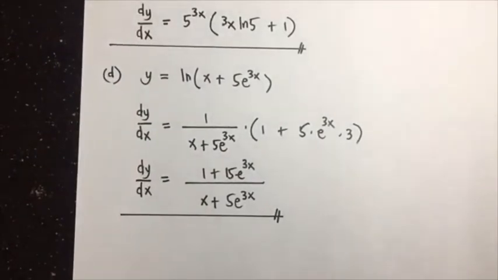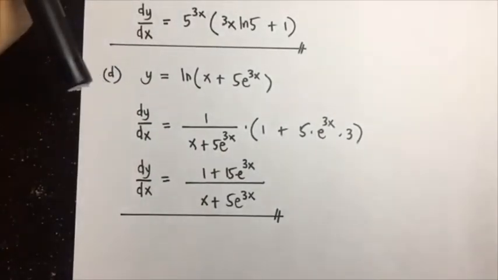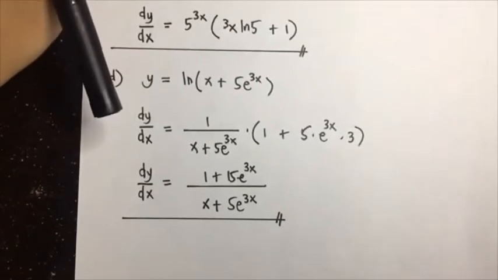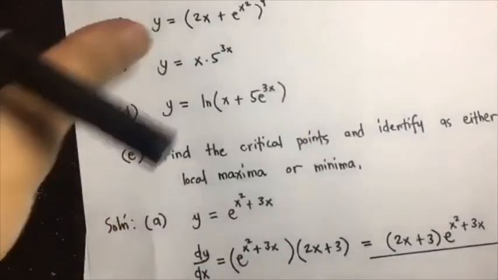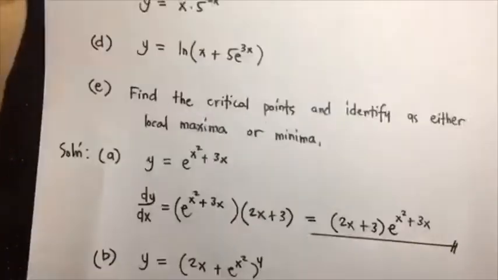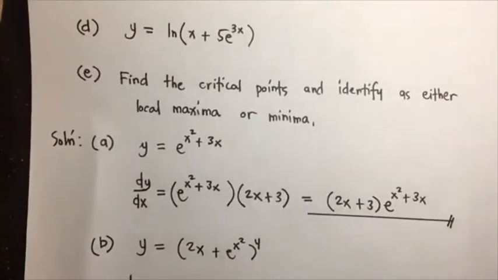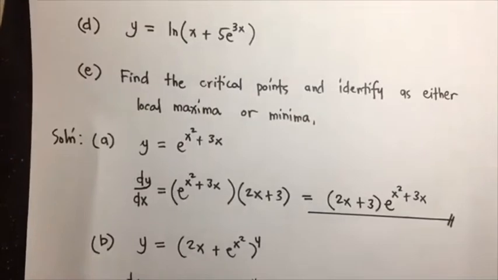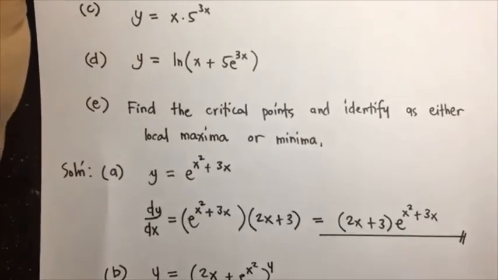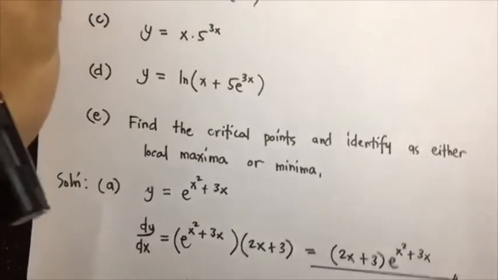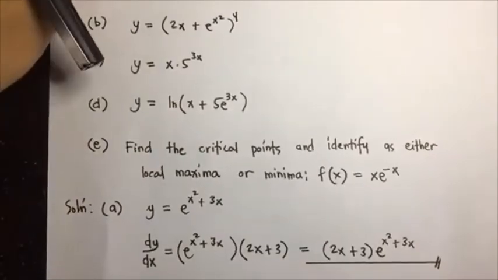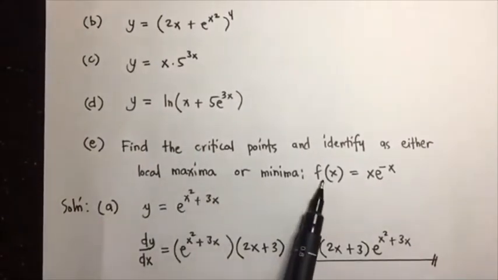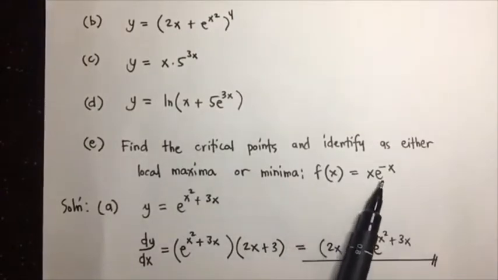Okay, so it's very simple. The last one for our final problem. So find the critical points and identify as either local maxima or minima, and I forgot to write the problem. Okay, so this is the function f of x is equal to x e raised to the